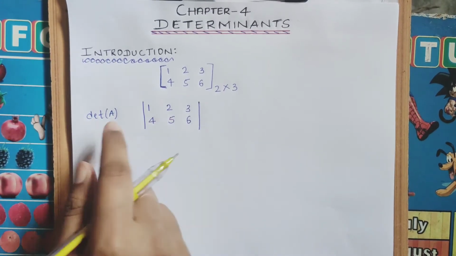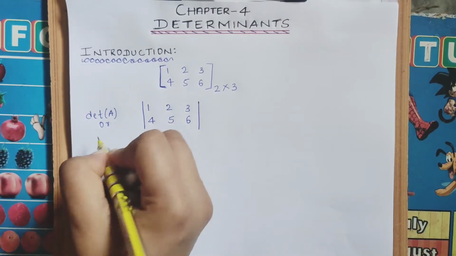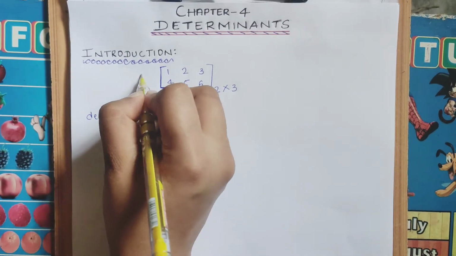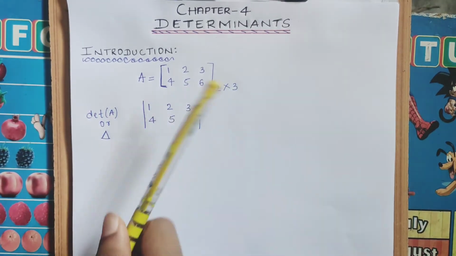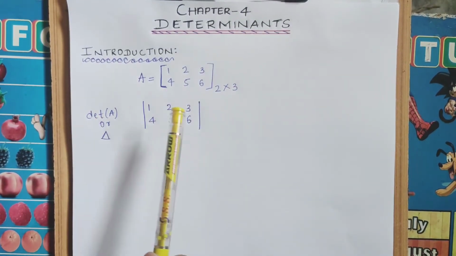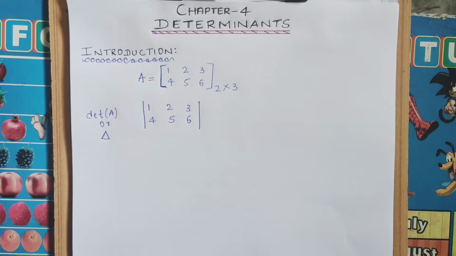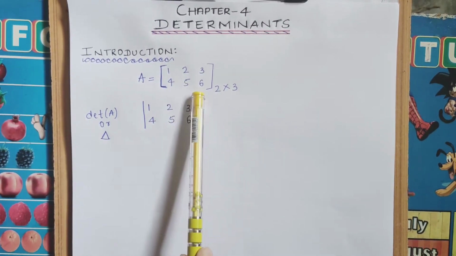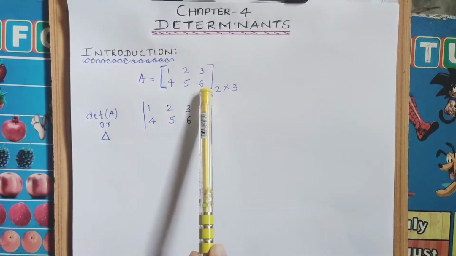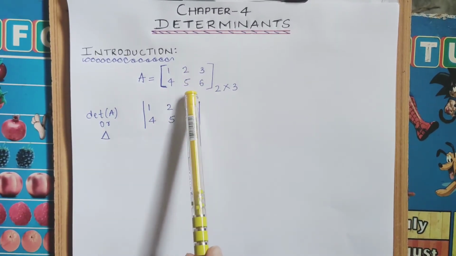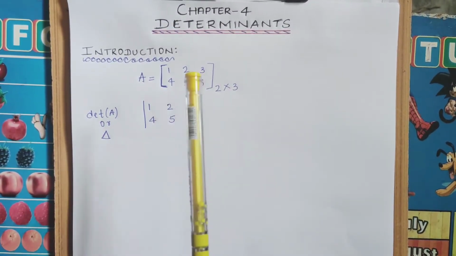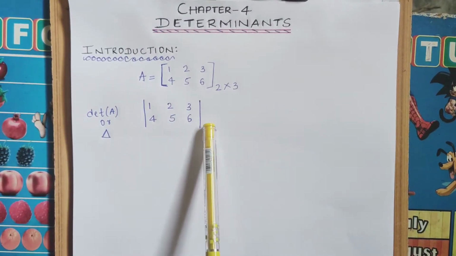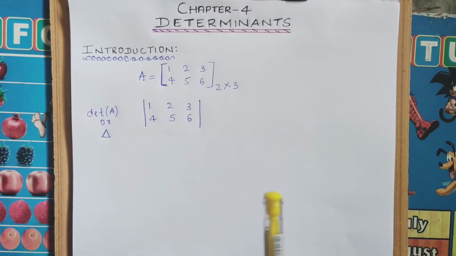and we denote it as determinant of A. Either you can write like this or delta. You can tell it as delta. Like suppose this is a matrix A. To find its determinant, first you have to convert. Whenever in determinants, the question will be given in matrix form itself. They'll be given in matrix form, and they'll tell you to find the value of this particular matrix. When they are telling you that, you have to first convert it into the determinant, and then you have to proceed.